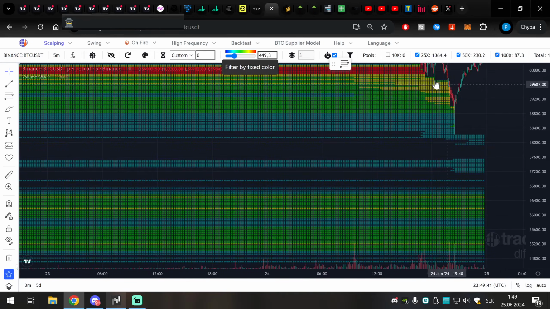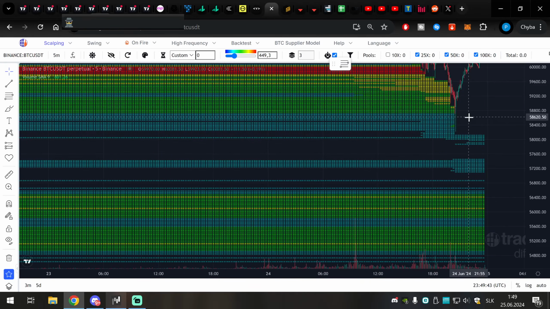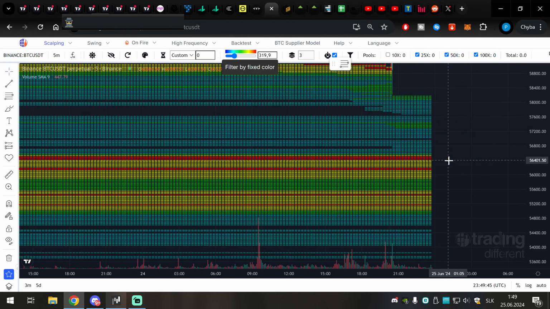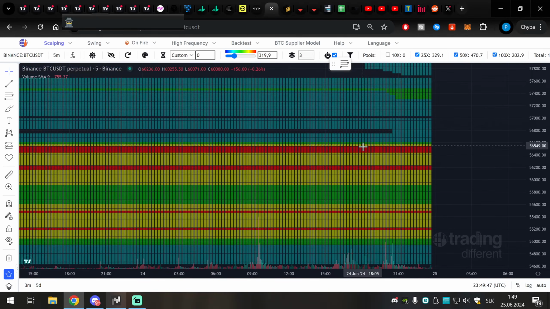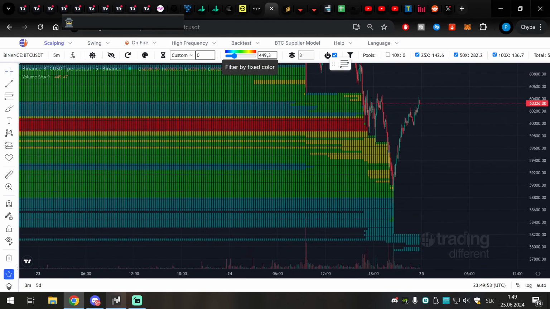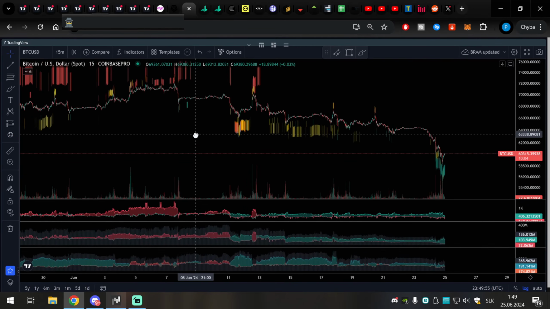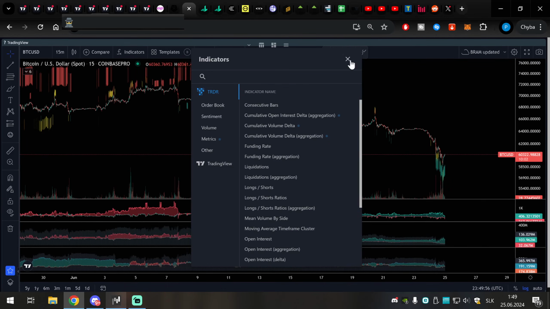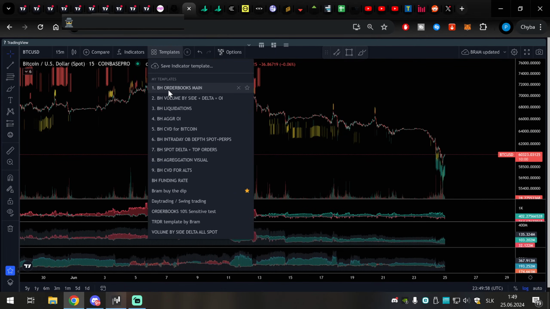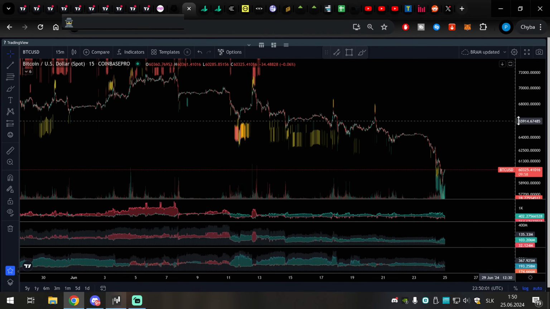Below us, we need to be aware. So we took a very big liquidity node, but we still need to be aware there is substantial liquidity below 56,400. We have now down to 56k, so you can trade this as an area. That's what you need to know. And now Trading Different, that's going to be the last thing I will be analyzing, the last tool to analyze with, and that's it.